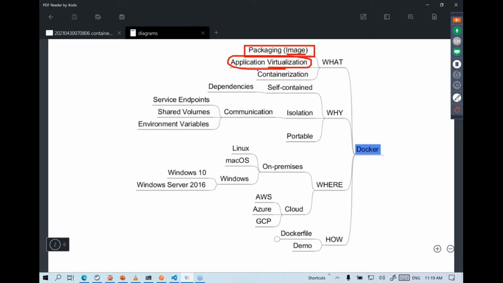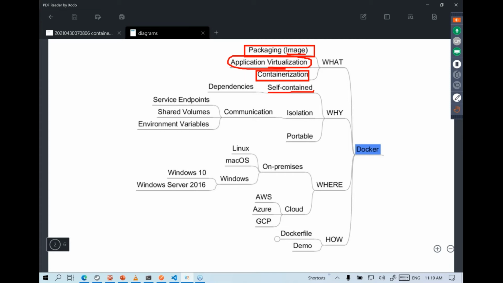So the goal is to containerize our application, or isolate it from our host operating system. All the dependencies should be self-contained. The self-containment is one of the goals of Docker. So we contain all the dependencies and our actual application.